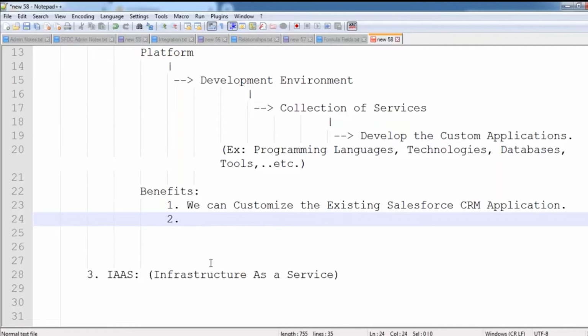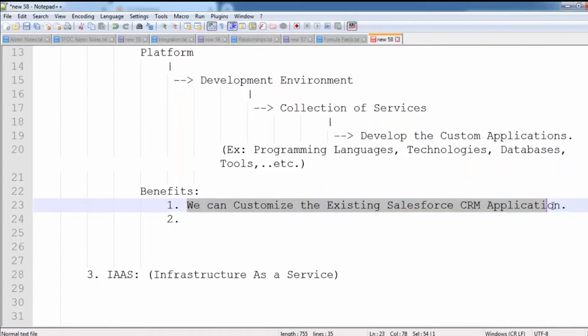I don't want to make my user interface complex. I want to make my user interface very, very simple, easy to understand, and lightweight, so that I can make my components handy to me. Whatever features are required, I want them handy. Handy means, whenever I need that feature, I can directly click on it. I don't want to search for where it is. I want the required features to be visible on the user interface. For that reason, we can customize with the help of this Force.com platform.